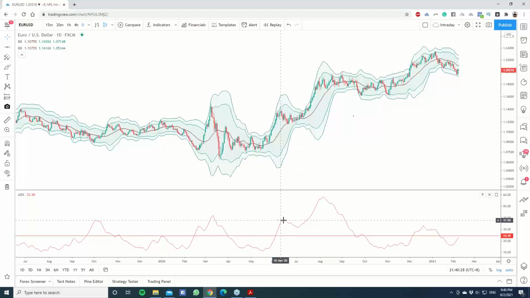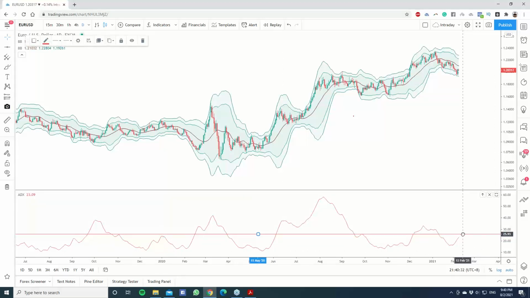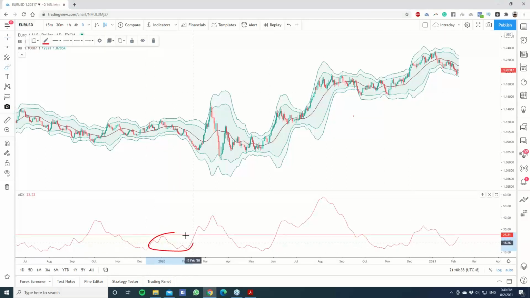The idea is that if your ADX is below 25, it's usually a range environment. When it breaks out of the 25, that's where you have a trend,